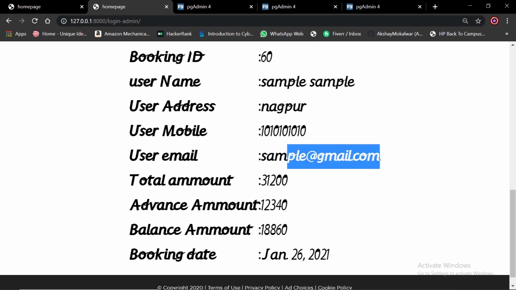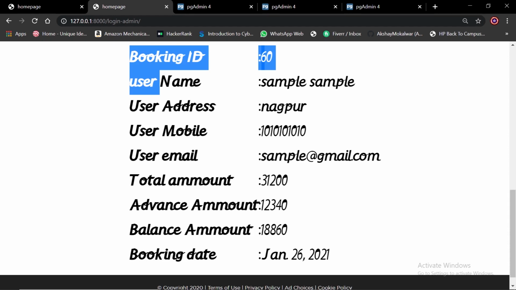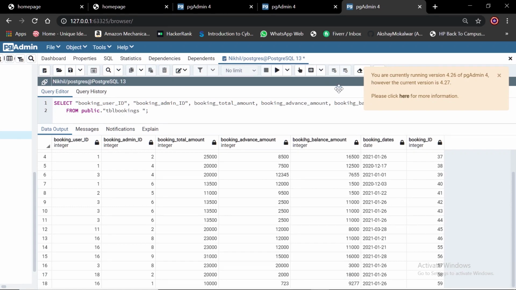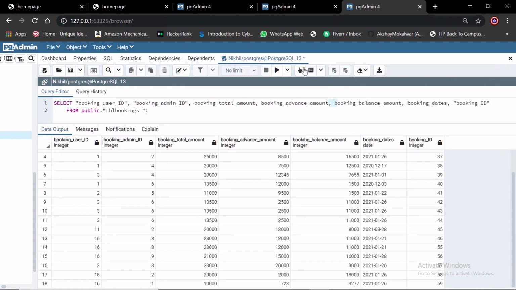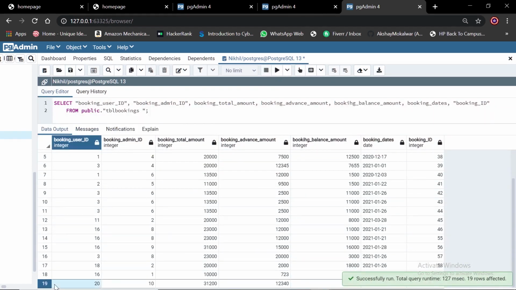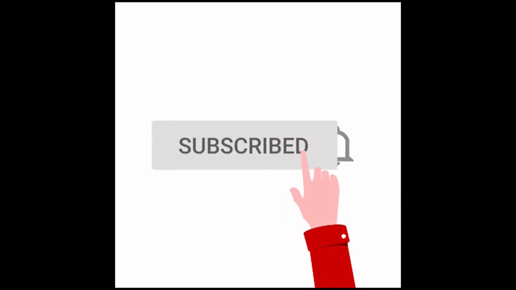This is the username, user address, and all the details. You can refresh here. This booking record is added. You can see here. So this is the event management app.